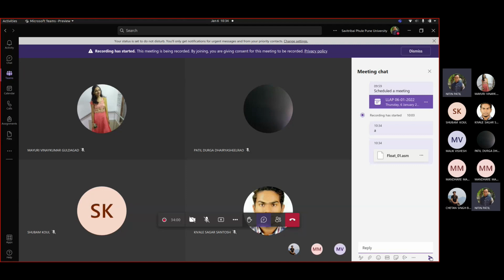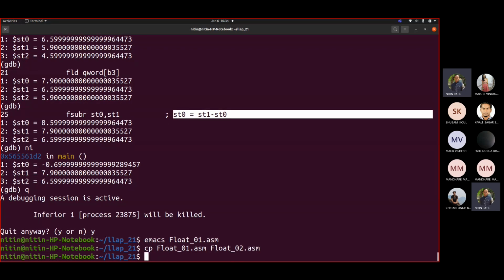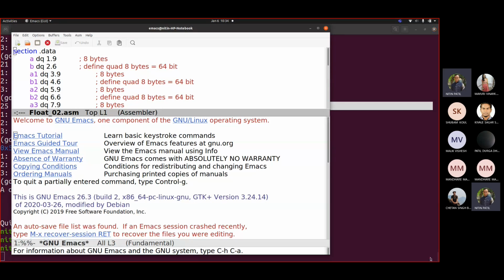So this is our first code. Now let me copy this float01.asm to float02.asm. So the instructions we used are these ones.